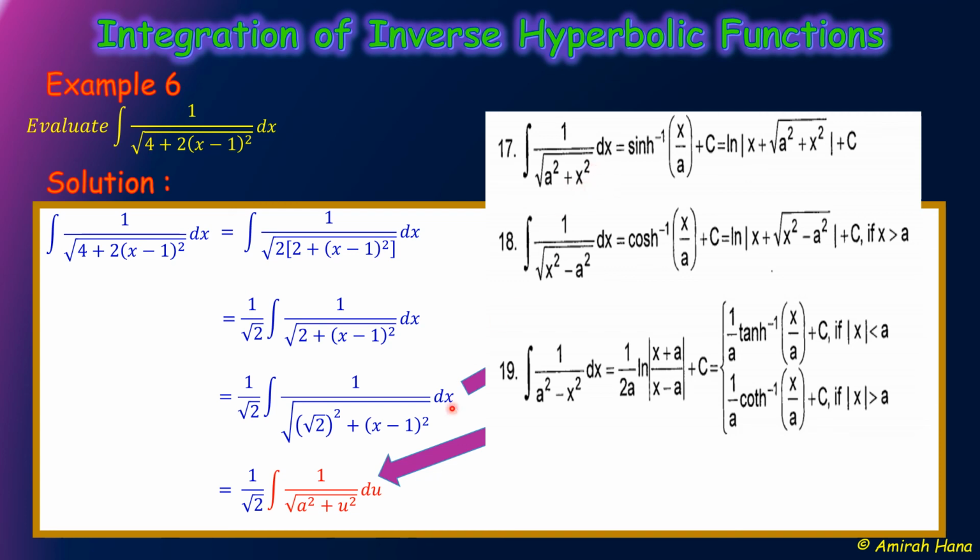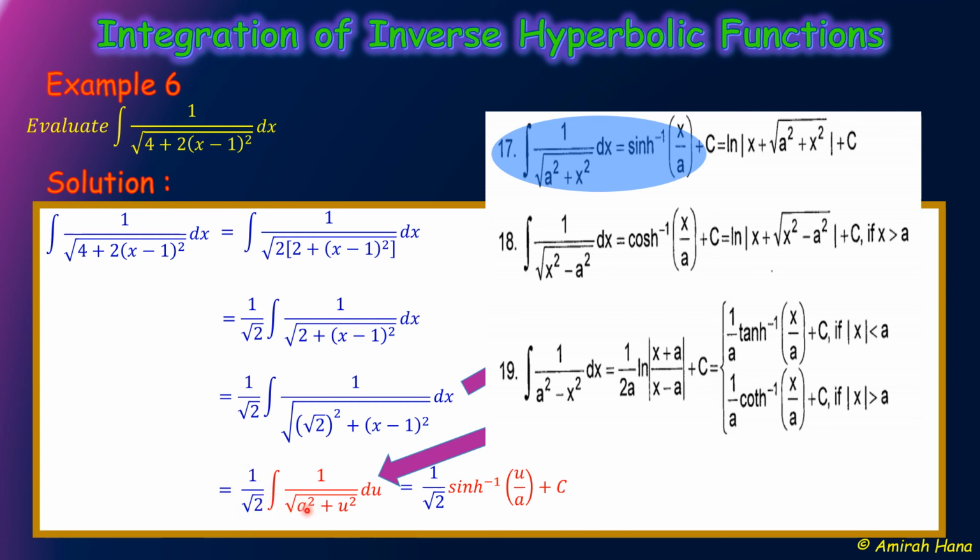But now our x is u. And the answer is inverse sinh x over a plus c. So when we refer to this formula, integration of 1 over square root of a squared plus x squared dx equals inverse sinh x over a plus c, we can write